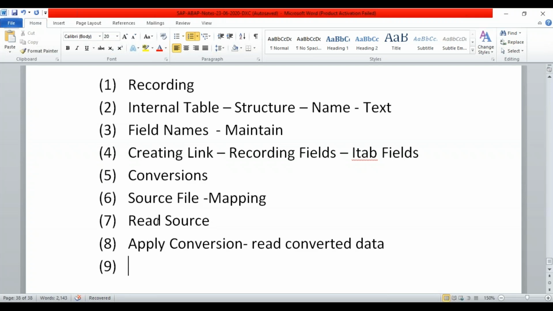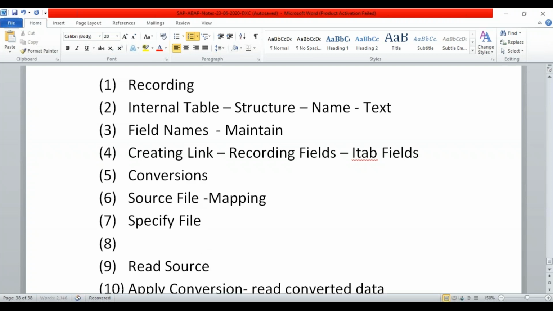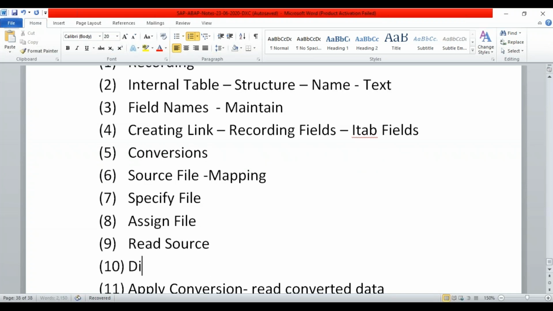So here we'll have this. Actually, we'll have something like specify files. So we just need to give the file name. Then we have specify files, and then we have to go for the link file. So this read source is like assign file. Specify file, assign file, and then we'll go for read data, read source, then display source